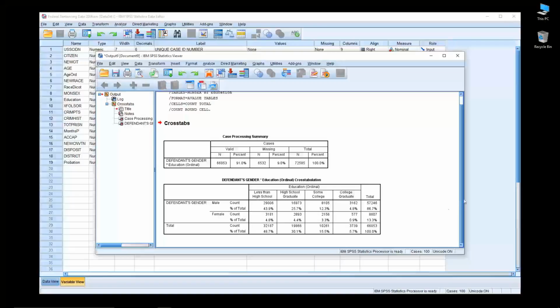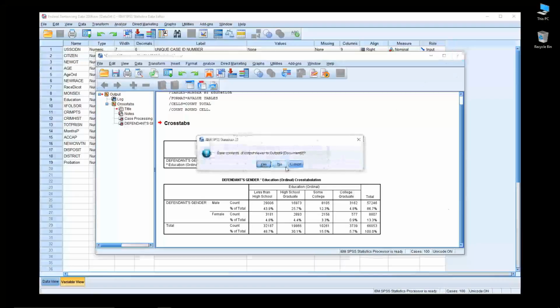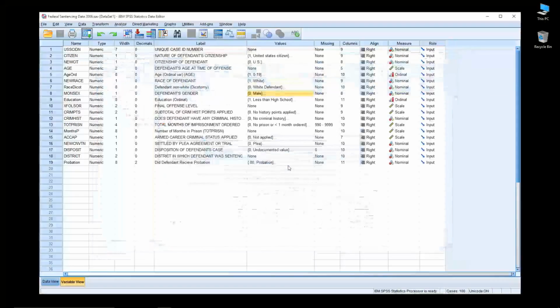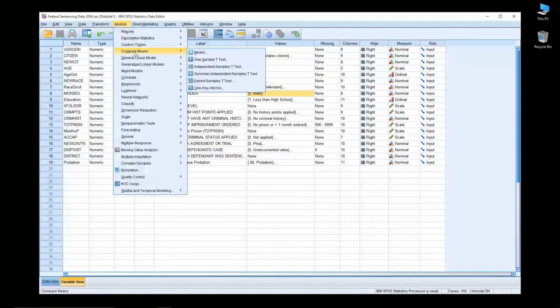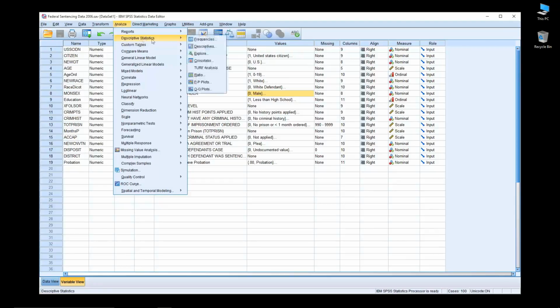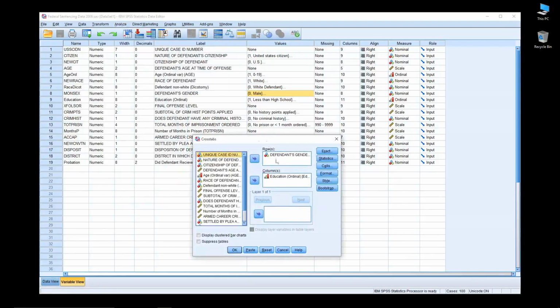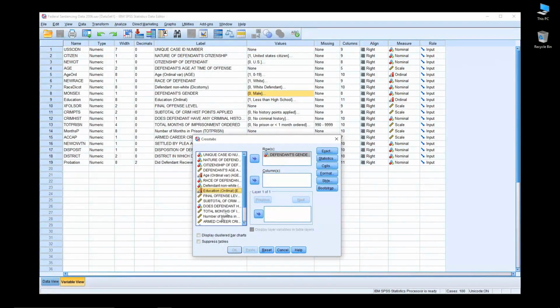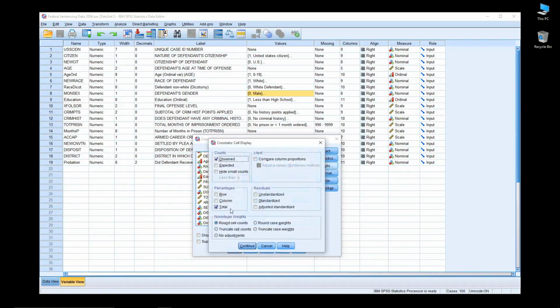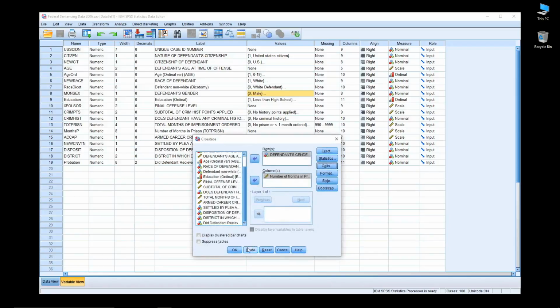So one last thing I kind of want to demonstrate, and that's what not to do with crosstabs. Now keep in mind there are better tools to examine metric level variables, the ratio or interval level variables, but I want to show you how nasty it can get if you accidentally drop one in. So we're going to go back into the crosstab, and let's say we don't want to know anything about educational level, we want to know about number of months. So we're going to go down, pull that number of months variable in. Let's just get rid of the percentages for right now, and let's click